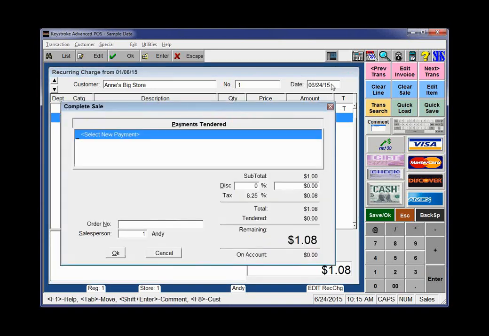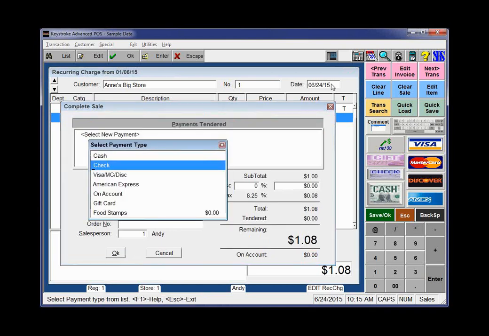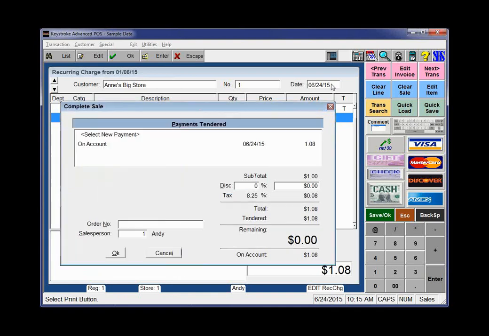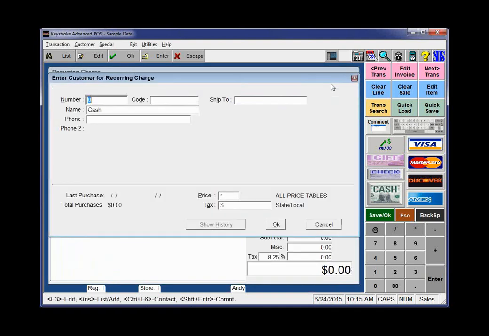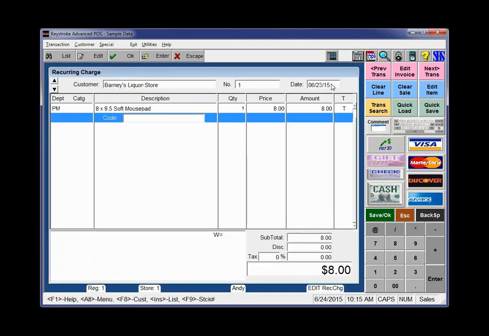I'm just going to make this transaction a new transaction with today's date on it. So it's going to be on account. So let's look at this transaction again. This transaction here,